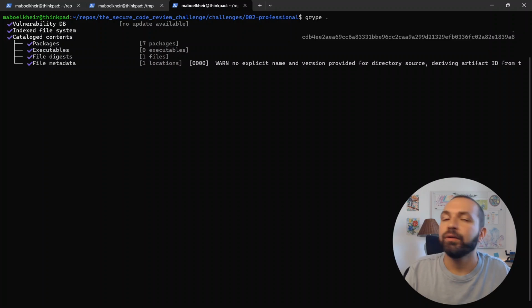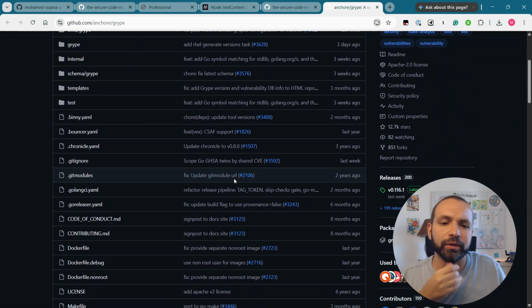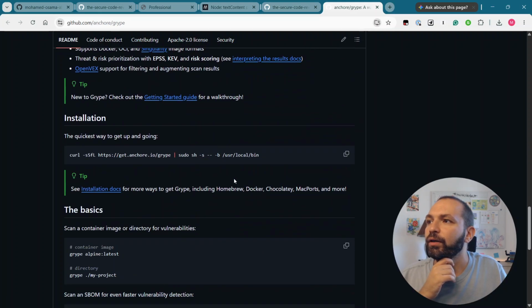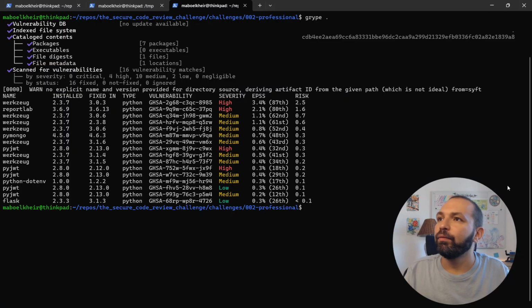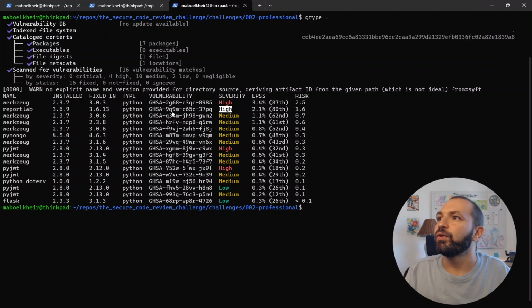As it runs, I'm gonna quickly show you the documentation as well. So it's an open source thing. It does container scanning, open source package scanning, and many other things. So it's a very useful utility in your toolset. So we're just gonna check this ReportLab function, and you can see here that this does have a high severity vulnerability. So if we look this one up,